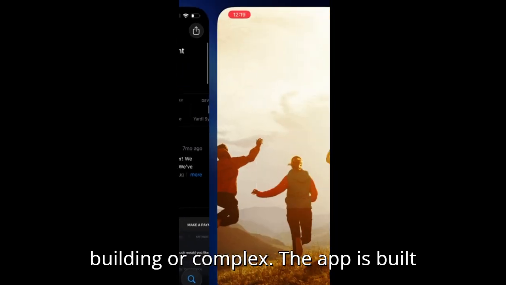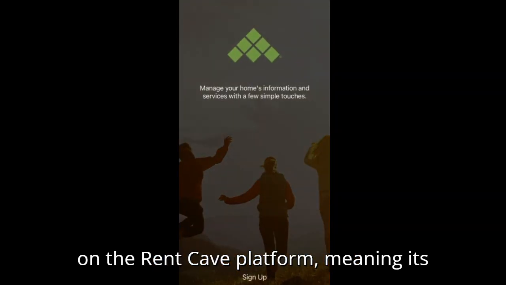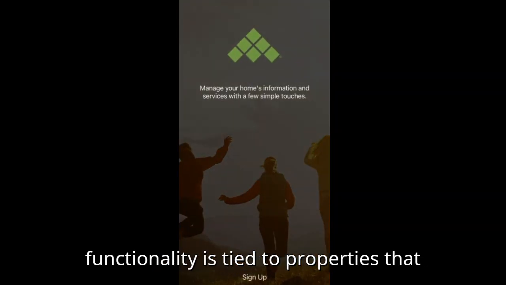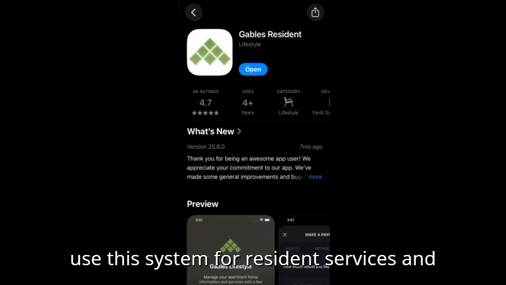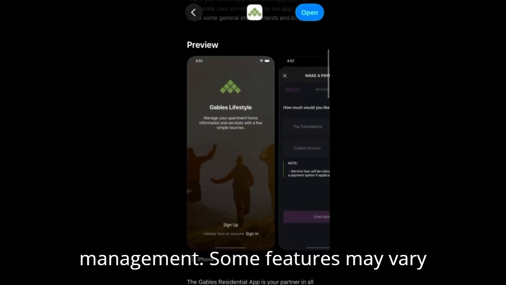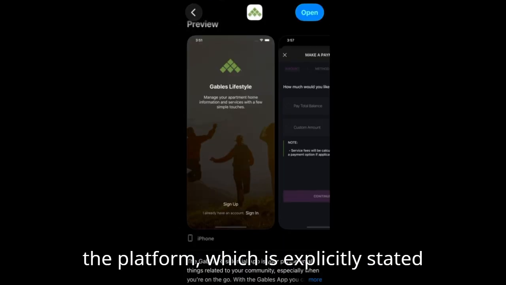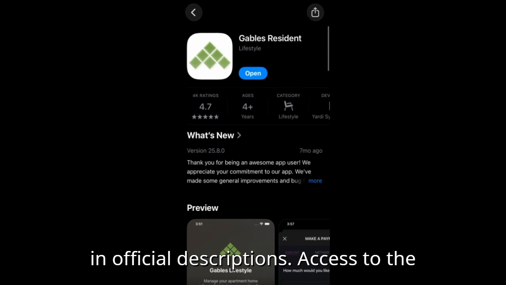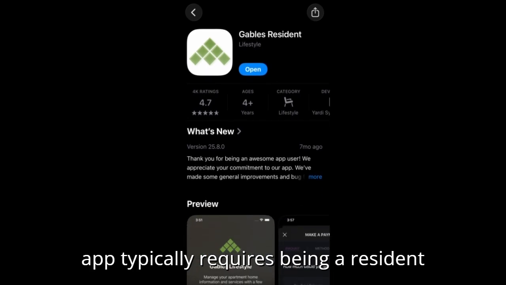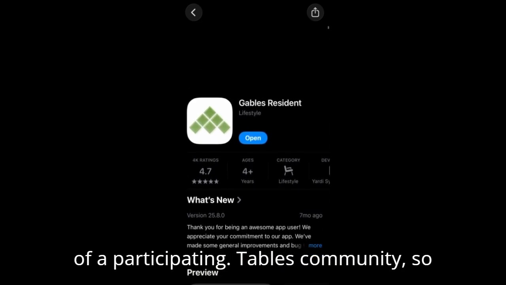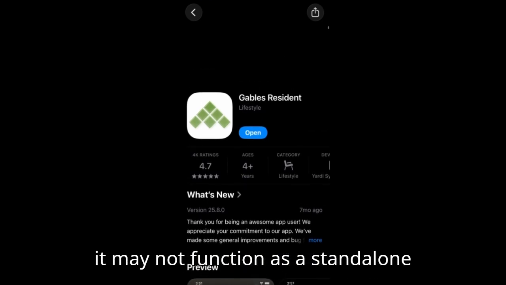The app is built on the RentCave platform, meaning its functionality is tied to properties that use the system for resident services and management. Some features may vary depending on the specific community and how the property management configures the platform, which is explicitly stated in official descriptions. Access to the app typically requires being a resident of a participating Gables community, so it may not function as